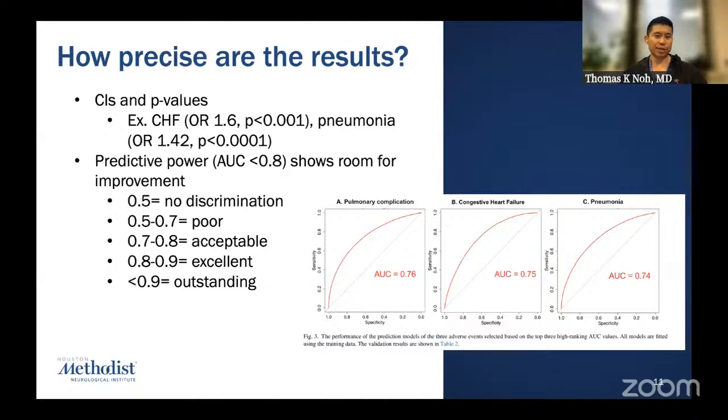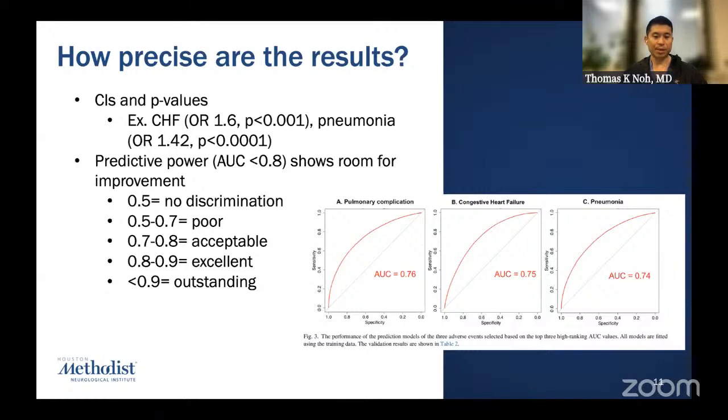But going back to the idea of what would we consider a good AUC, this is just across industry standards. If you're looking for something like a cancer detecting diagnostic test, of course you want the area under the curve to be outstanding. And what's a good area under the curve in terms of looking at prognostic factors? That's a little bit more up to your personal interpretation, but generally across the industry of statistics, it seems that a 0.7 to 0.8 is acceptable.